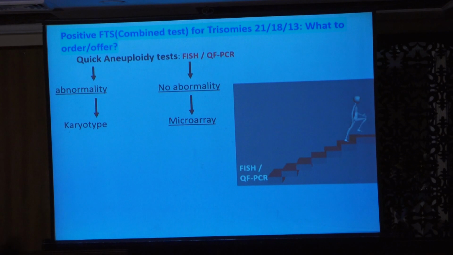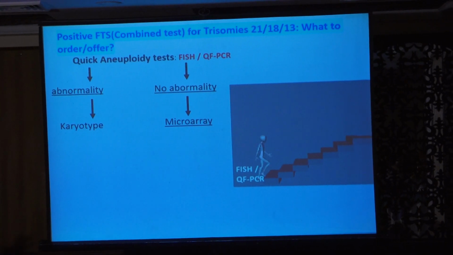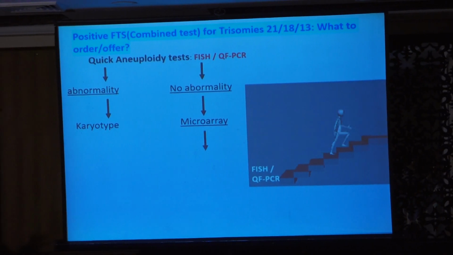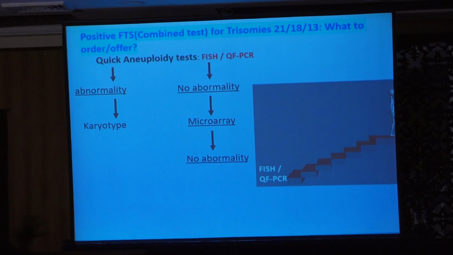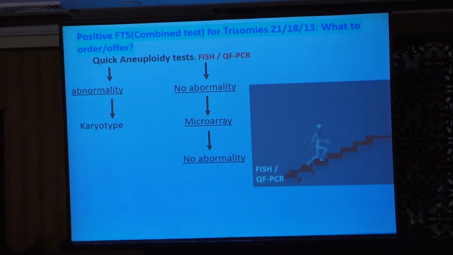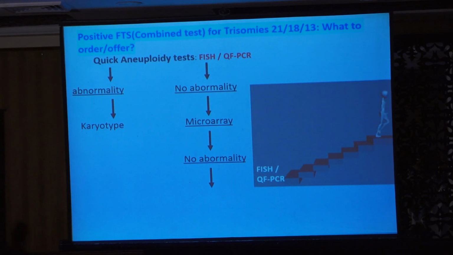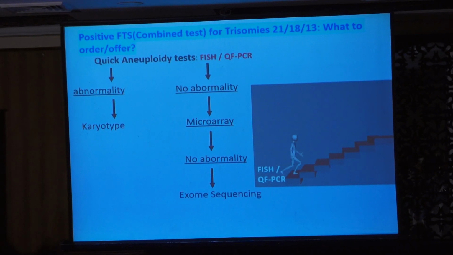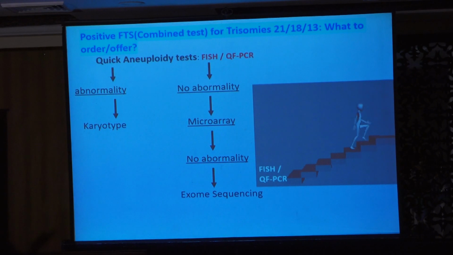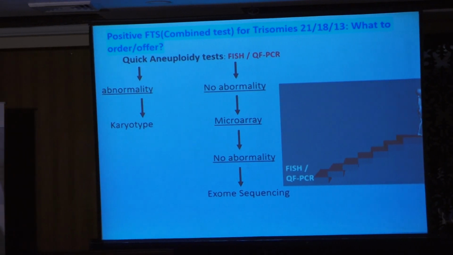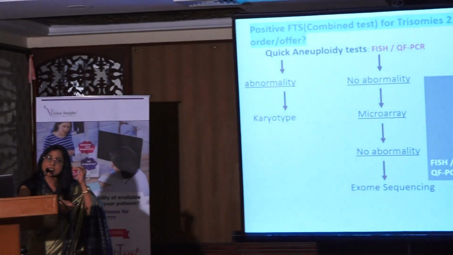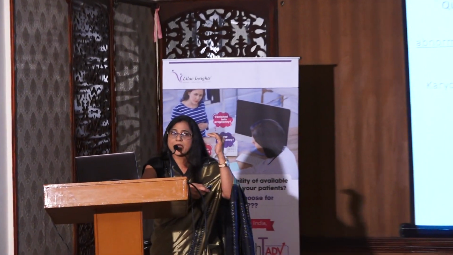These days we have microarray. As I said, we can zoom in further. We can get better details on microdeletions and duplications. And what if that also doesn't pick up anything? There's no abnormality. We have to zoom in further, right? Then comes exome sequencing, in which there are different types. But step by step, this is how we can make best use of these tests to try and reach a diagnosis. That was about common chromosomal problems.